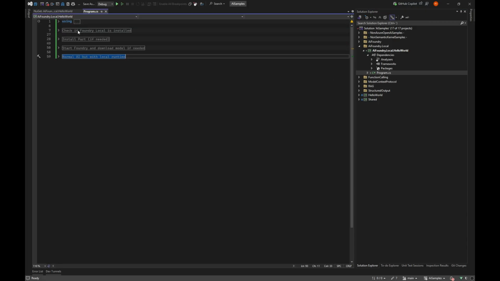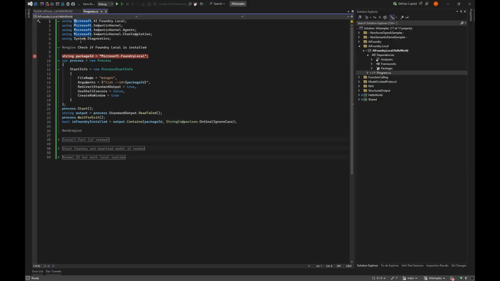I have some usings, but that's nothing important. But the most important thing is I want to first check in the code, because I want an out-of-the-box experience for a user without having anything here. So I just have the package ID of Microsoft Foundry Local, and I will just quickly do a winget list with the ID.